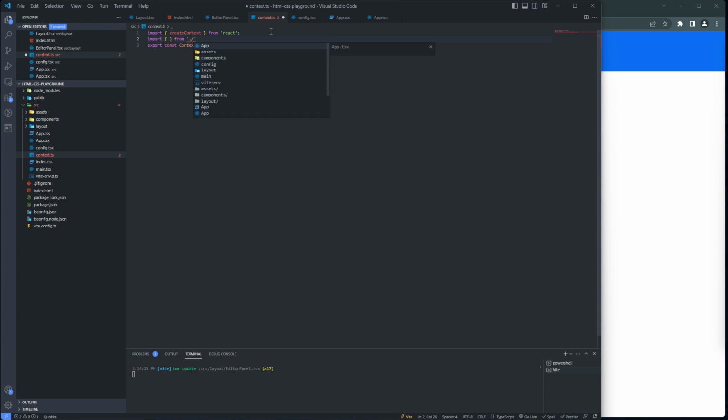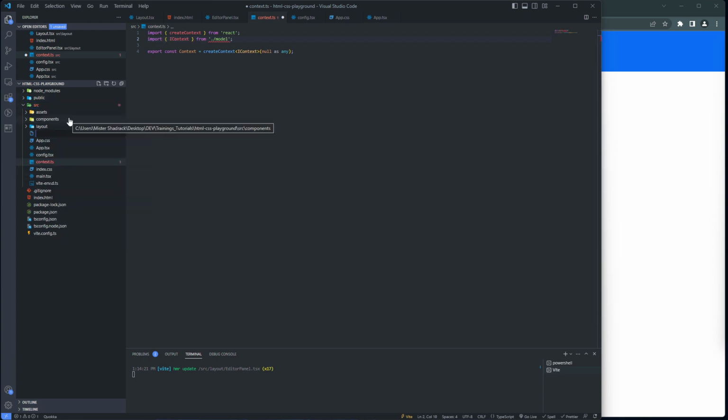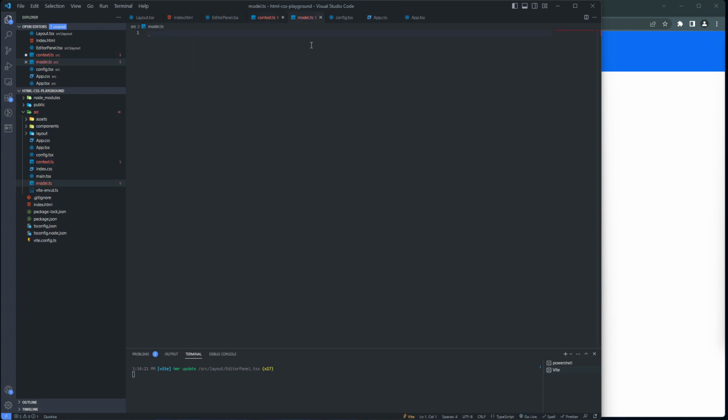So I would have a model file which I'll create in a second. So I'll have iContext in there. Let me create that quickly. So model.context React.ts, export interface,